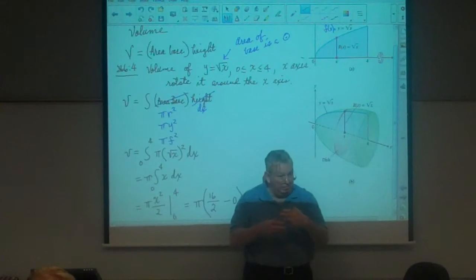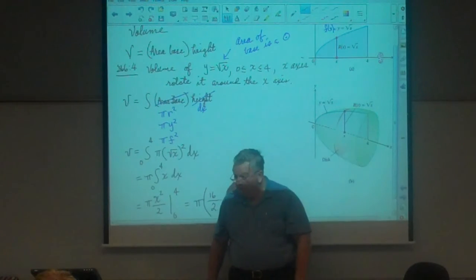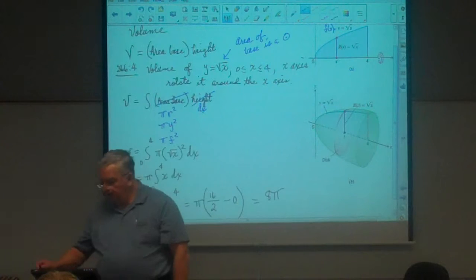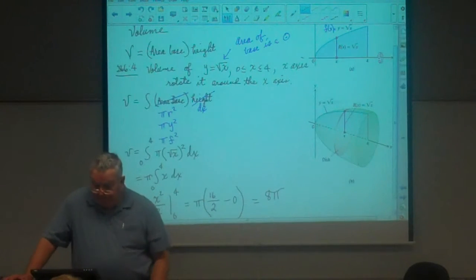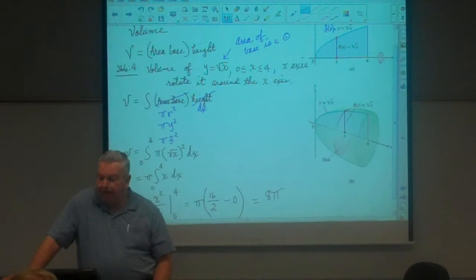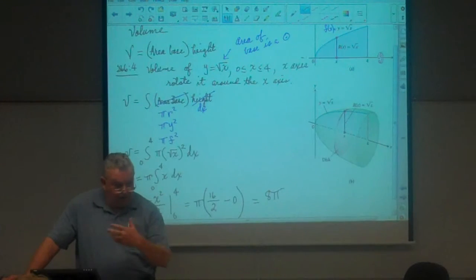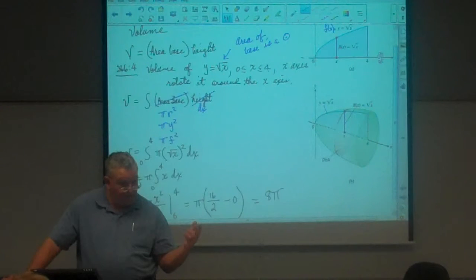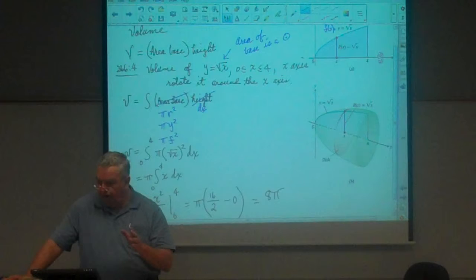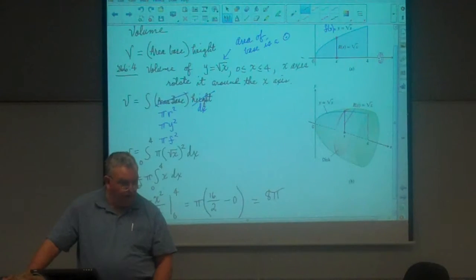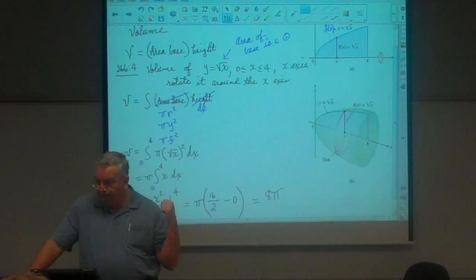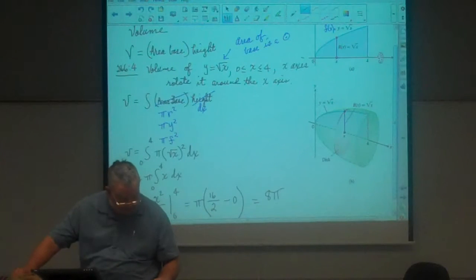And then you would do the same kind of thing, only you would do it with respect to the y-axis. As a rule, I never do them with respect to the y-axis unless I'm told to, because like you, I learned how to do it with respect to the x-axis. But the problem itself is going to tell you. And that's going to be your problem with 6-1, is setting it up. Because again, the integration was nothing, right? Okay, let's do another